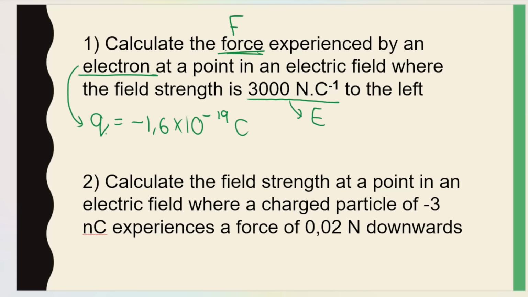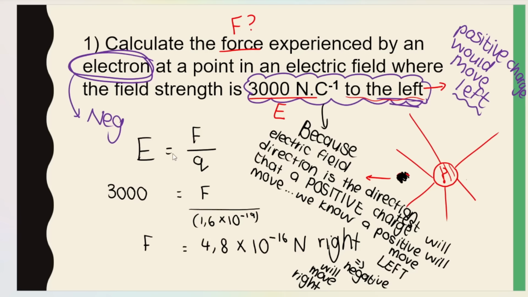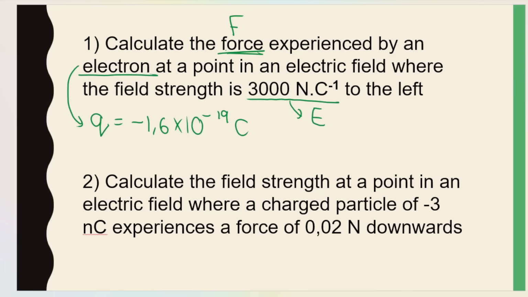They give me the charge, or you should know the charge because it's an electron, and they give me the electric field strength. So this is the formula that you would apply. The one that I just showed you. Okay? Or they could say calculate the field strength or the electric field strength. They're looking for E. At a point in an electric field where a charged particle of negative 3 nanocoulombs, so that is the charge, negative 3 nanocoulombs, remember we need to convert that to coulombs, but we have charge, experiences